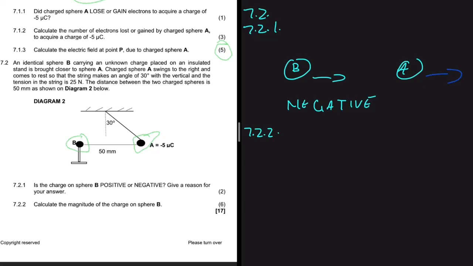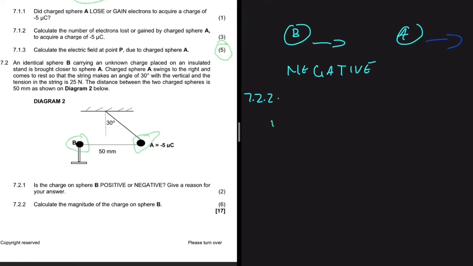Yeah, here is where it starts to get a bit complicated. Let's calculate the magnitude of the charge on sphere B. So, problem solving 101. Let's look at the information we have, right? With regards to sphere B, we know the distance R away from sphere A. We know K is a constant, right? We know the charge of sphere A,